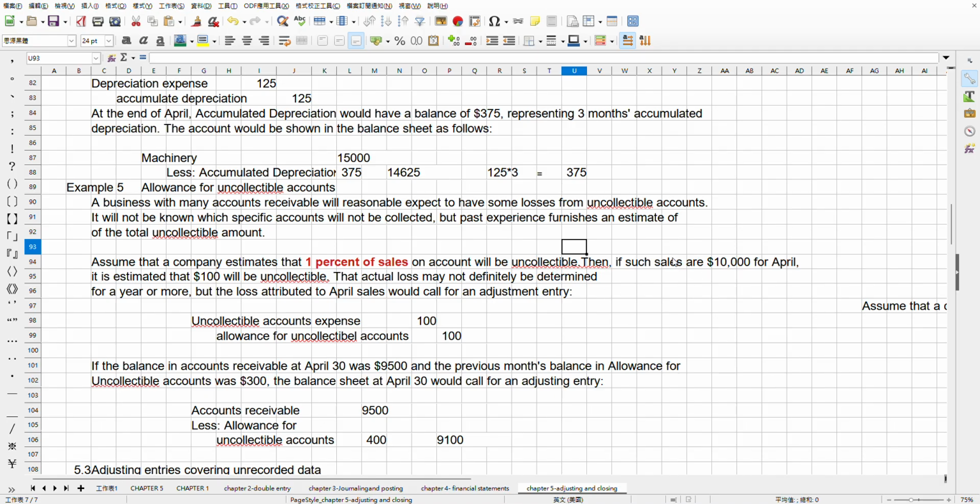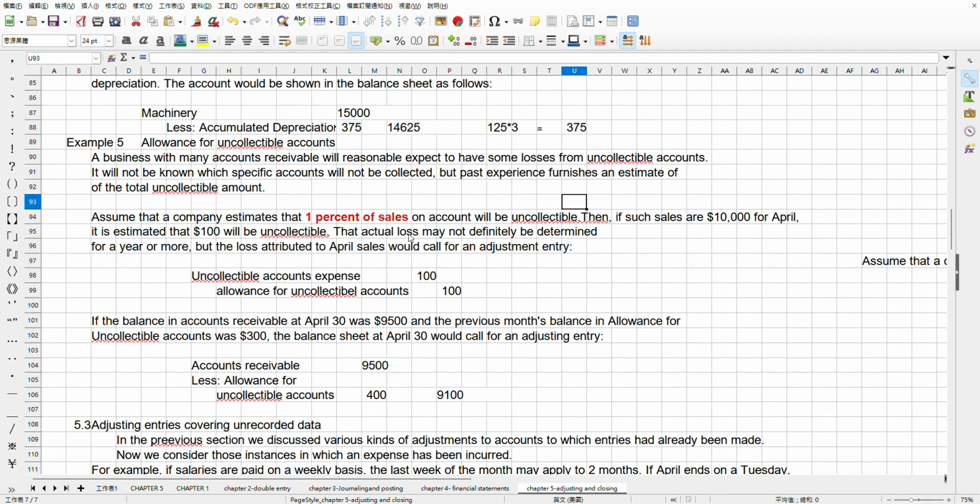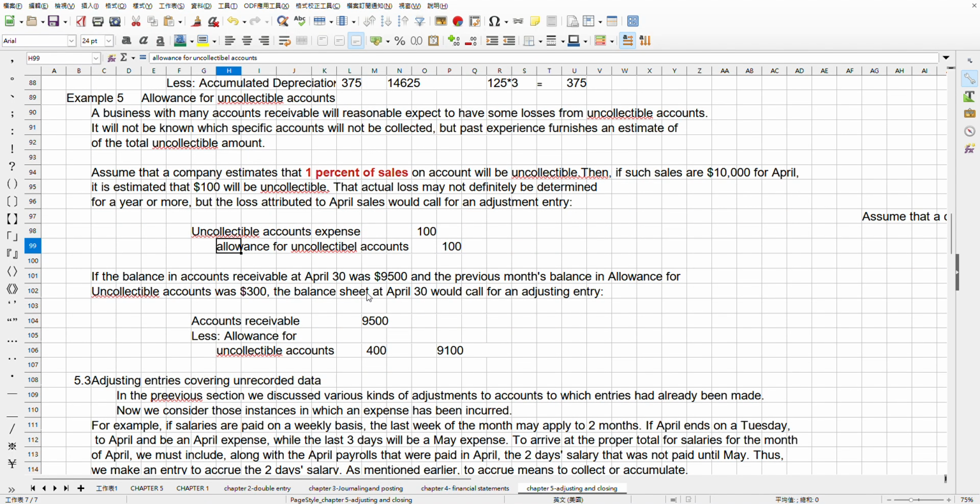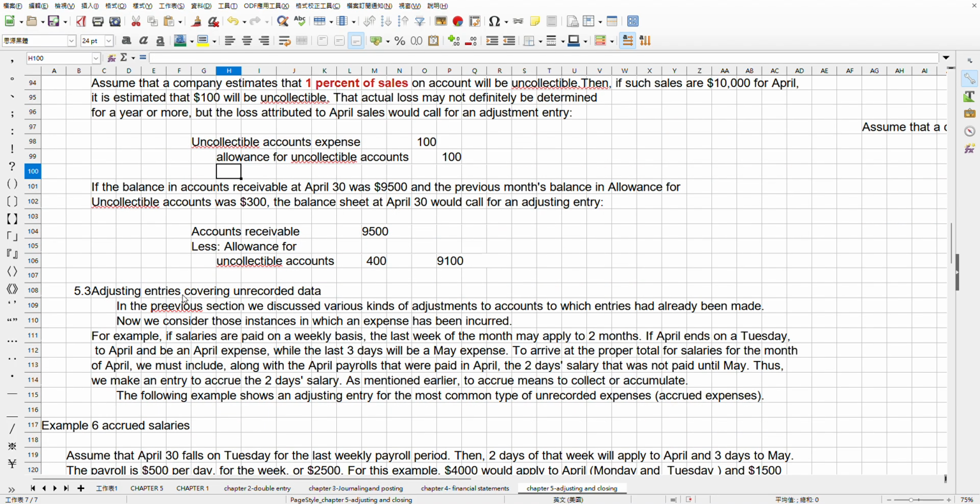Then, with sales of 10,000 for April, 100 is estimated to be uncollectible. The actual loss may not be definitely determined for a year or more. The loss attributable to April will be recorded through an adjusting entry. So debit uncollectible accounts expense 100, credit allowance for uncollectible accounts 100. If the balance of the account